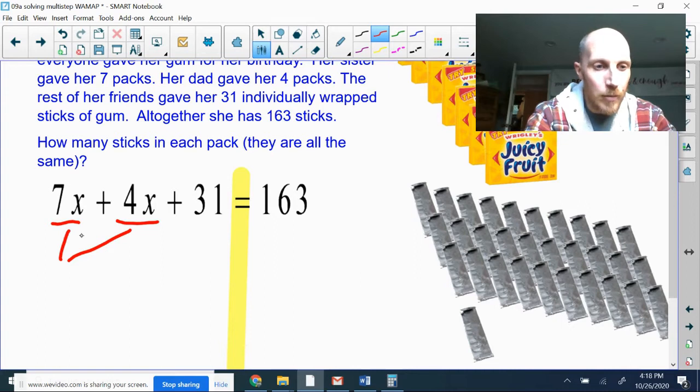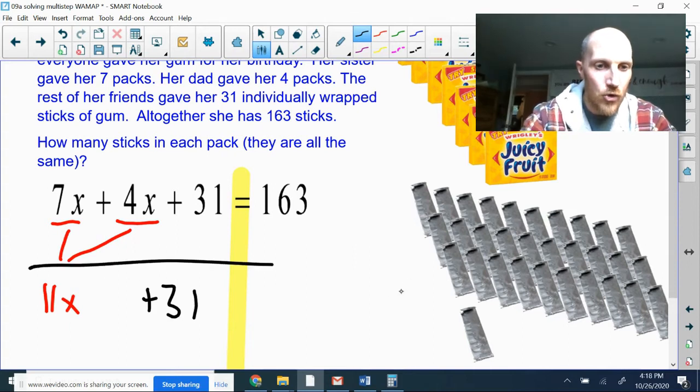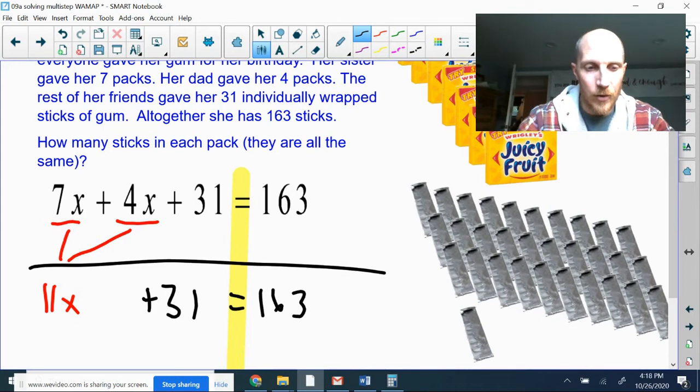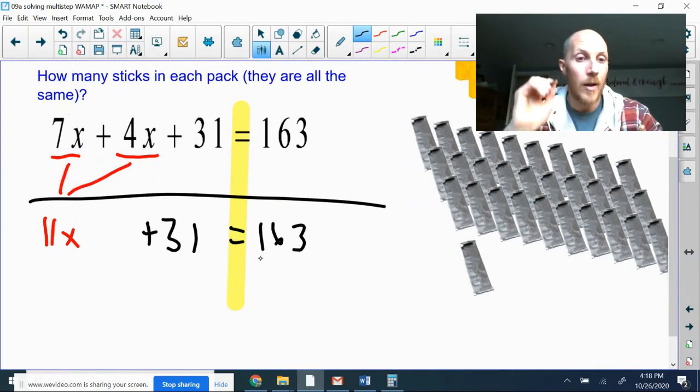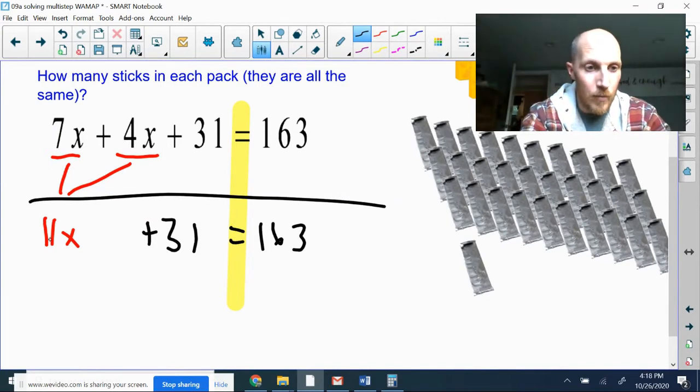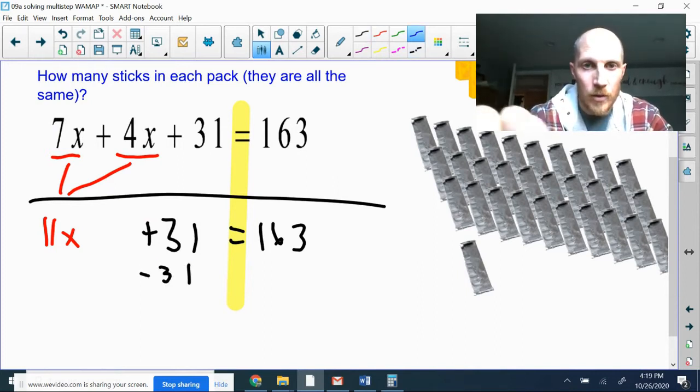All right, so 7x plus 4x is 11x. The plus 31 is going to drop down to my next line. There's my line divider, and equals 163. Okay, working to try to get x by itself. I'm doing SADMEG, so multiplying by 11, adding 31. SADMEG says subtract or add first, so I'm going to get rid of this 31